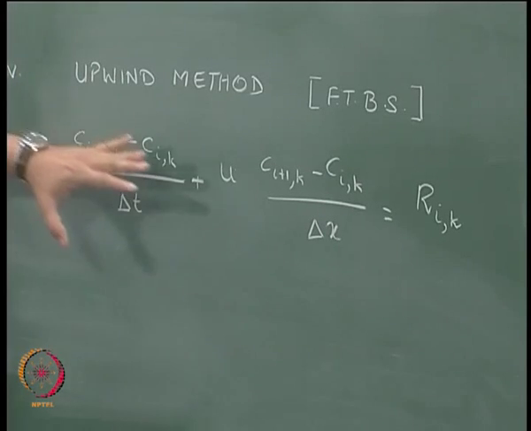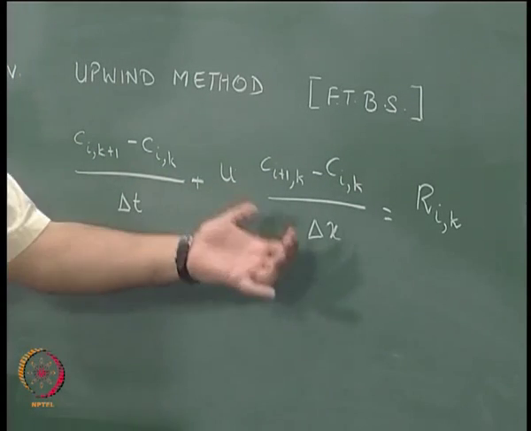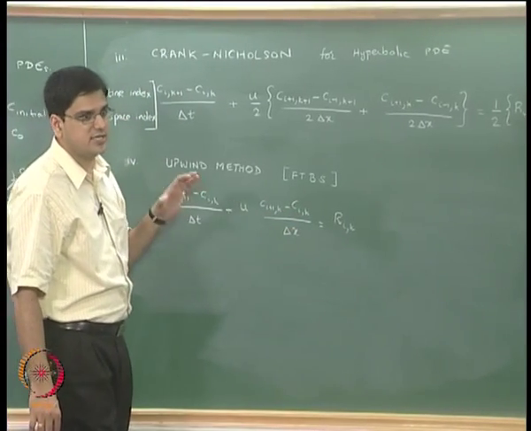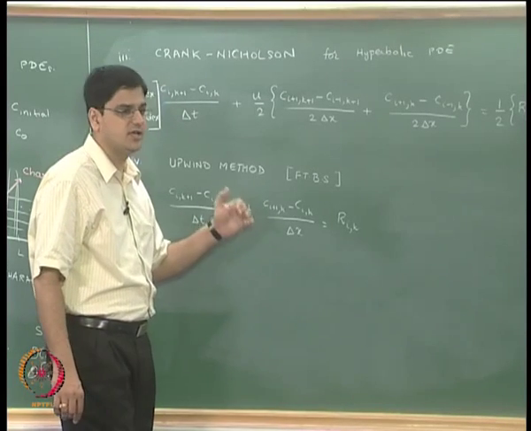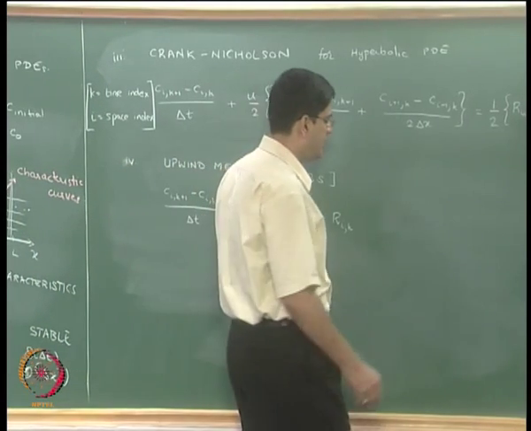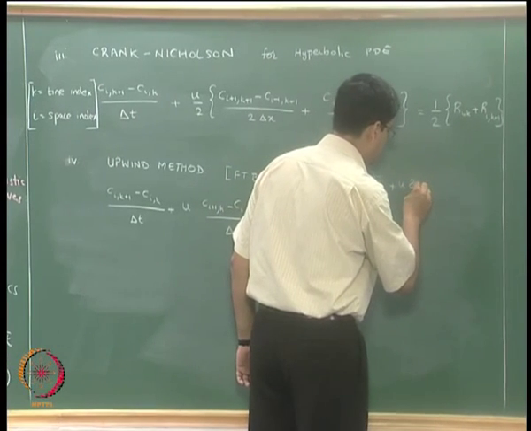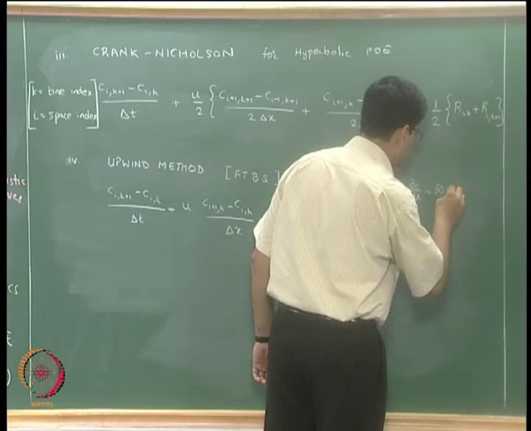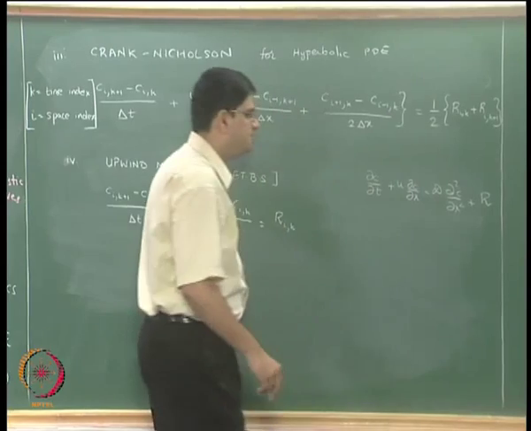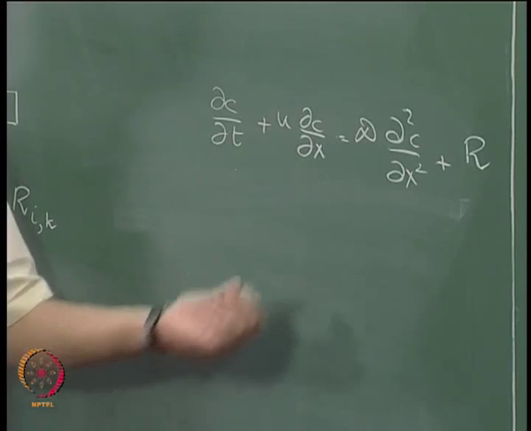Okay. So this is a method that is actually not implemented when it comes to the parabolic PDEs. This is a method that is used only for hyperbolic PDEs, or in case of parabolic PDEs when the velocity is much greater than the diffusivity. For example, we can have an axial dispersion PFR of the form dc by dt plus u dc by dx equal to D d square c by dx square plus r. Okay. And when we non-dimensionalize this equation, we will essentially get a Peclet number term.